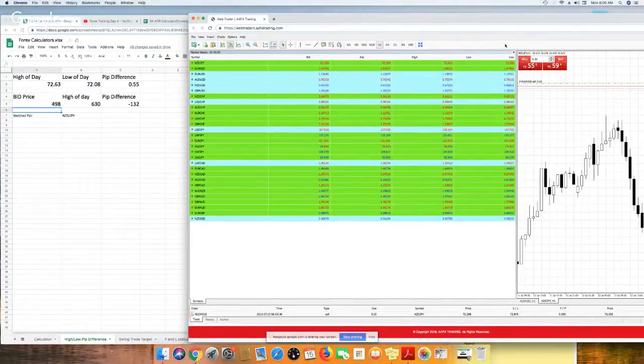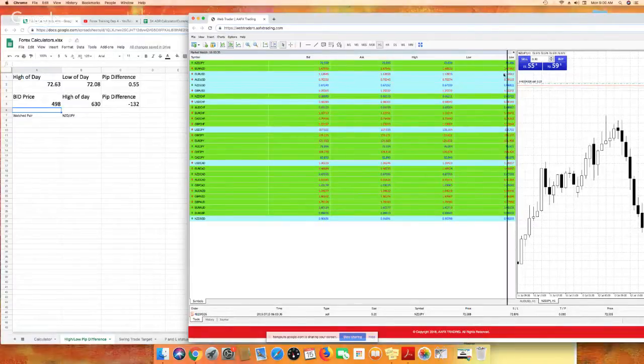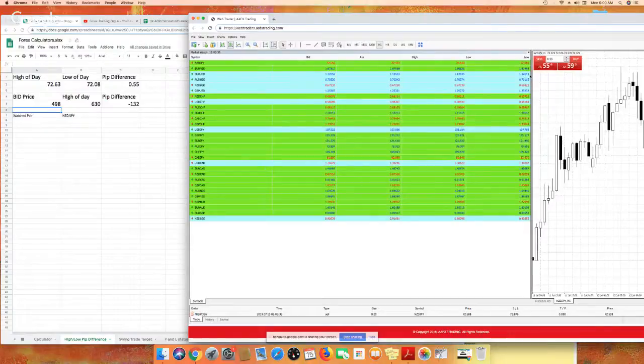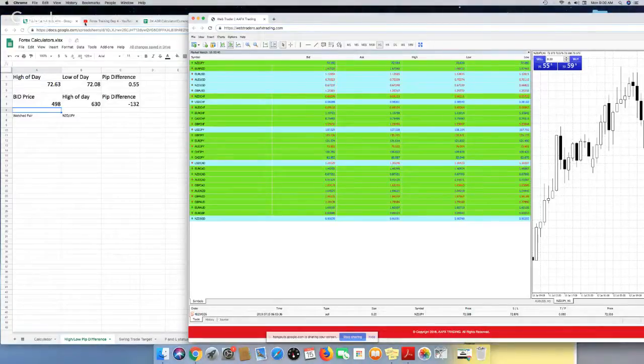Here we go. What we got? We got the high, the low. I don't know why it says two lows here. Low, low. I don't understand that. But anyway, four numbers. First, you got the bid, the ask, the high, and the low. Now, as I stated in my